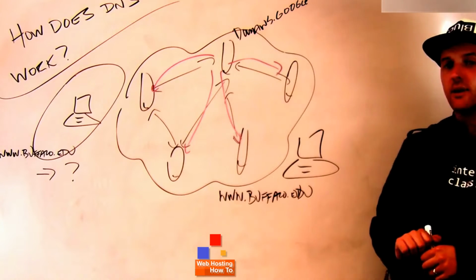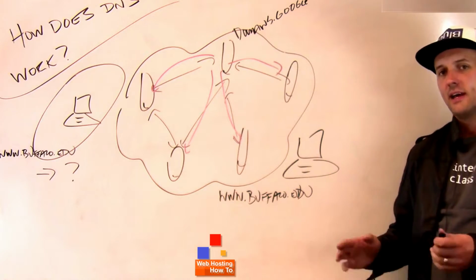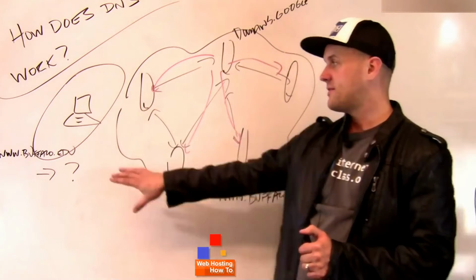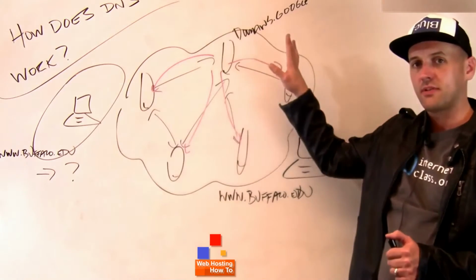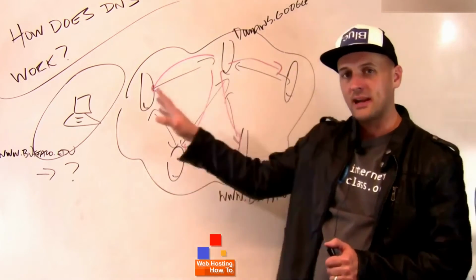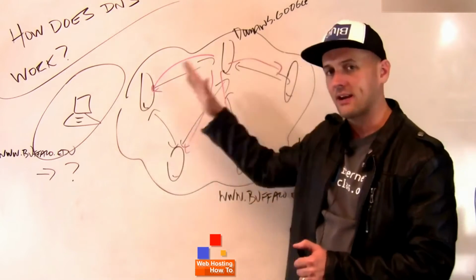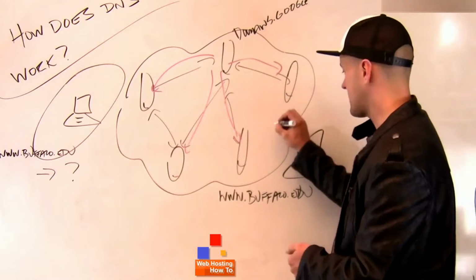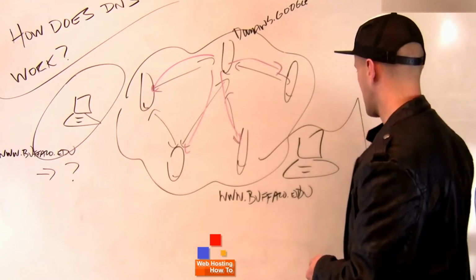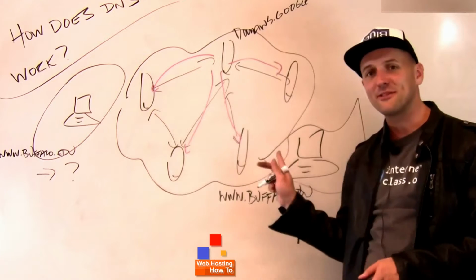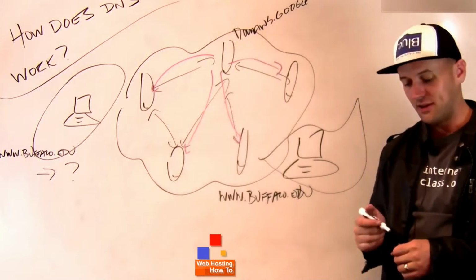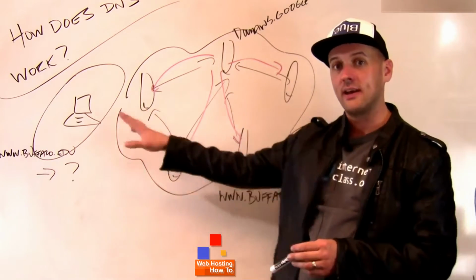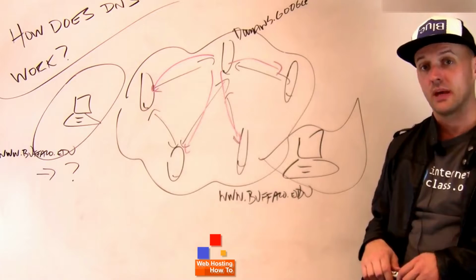Now, in the simplest case, the answer is the same for both of them. But one of the primary ways that we try to improve performance online is actually by pushing content closer to users. So if this user in Asia has to communicate with this website all the way back in Buffalo, the time it takes for data to transfer back and forth might cause the page to load fairly slowly. Whereas let's say this user is in New York State. Let's see if I can draw New York State. It kind of looks like this, right? Okay. There we go. So this user's in New York State. The page might load much faster in New York State than it did in Singapore, Japan, or wherever.